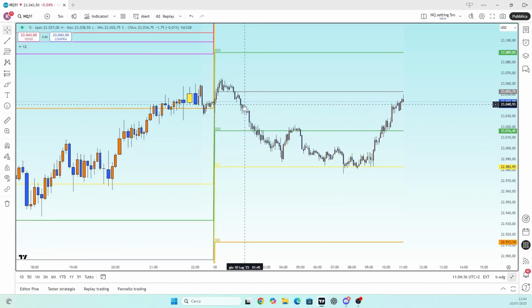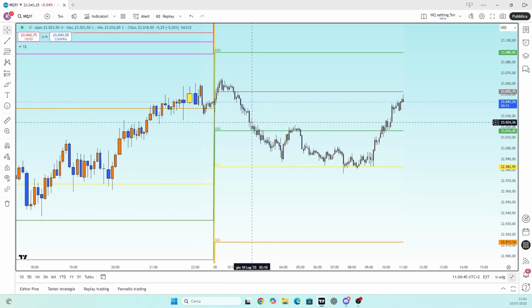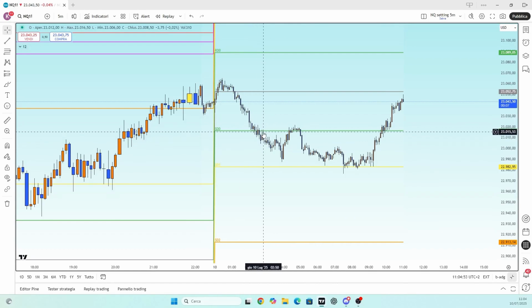Based on the concepts we discussed in the first video, in short, breaking the first high already made us realize that the trend could continue downward, and in fact it did continue. It broke the SD0 level, then retested it from below, so this was a new opportunity to go short here